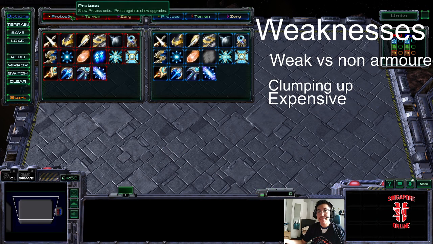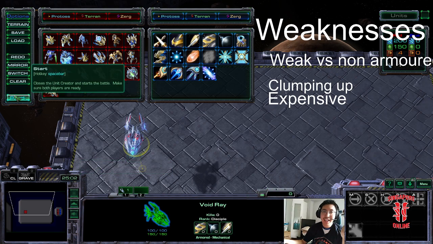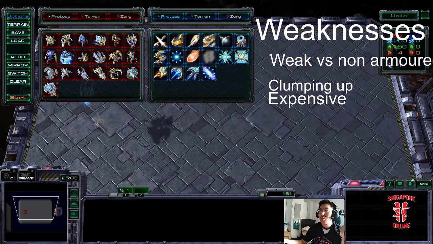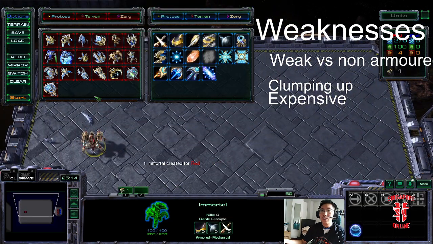It's expensive. Every single Void Ray here, look, here's the thing, right? The Void Ray is a flying tank, but tanks by their very nature are expensive. It's 200 minerals, 150 gas. If you're spending this much gas on Void Rays, you're not buying, let's say, Immortals,